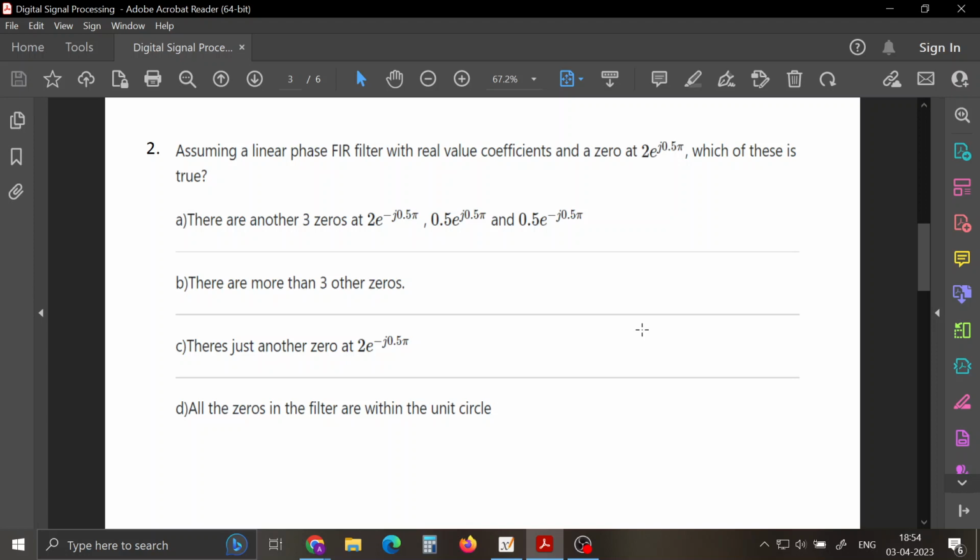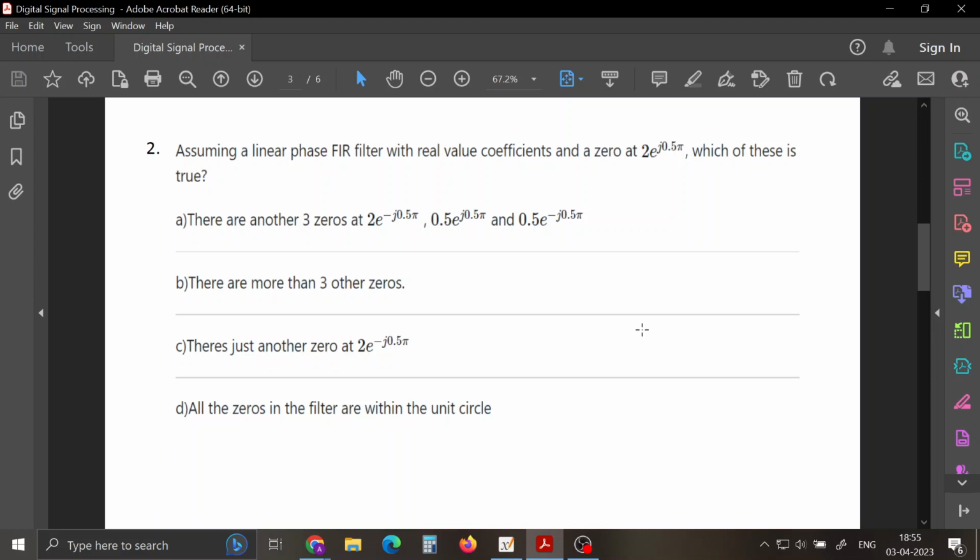So we also have, due to this real valued impulse response, another 0 at its conjugate, which is 2 times e power j minus 0.5 pi. Okay, so we have already found another 0. That's fine. And clearly you see,